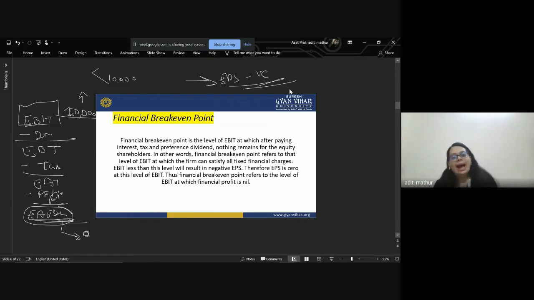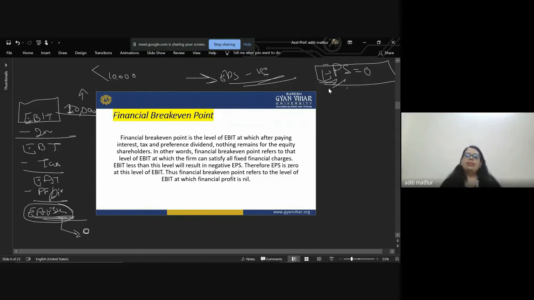That means it is that level where your EPS is equal to 0, right? And you should know when your EPS will be 0, because definitely you will like to earn more than 0, and that is how your company will survive in the market. Otherwise, when your company has 0 as its EPS, the shareholders will raise questions, they will have doubt in their heart and mind, and they will like to withdraw their investment.